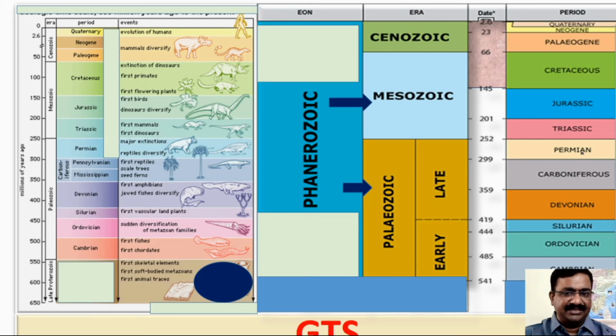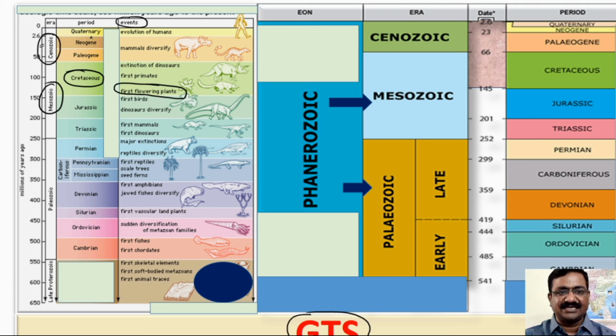Now, see, this is the GTS, where you will study how we have events. These are the events, as I told you. The first angiospermic plants came in the Cretaceous period, and the era was the Mesozoic era. Dominancy was in the Cenozoic, and this is the Tertiary, before this the Quaternary. So this is a very important scale, the geochronological time scale. We will study it in detail during the origin and evolution of organisms.